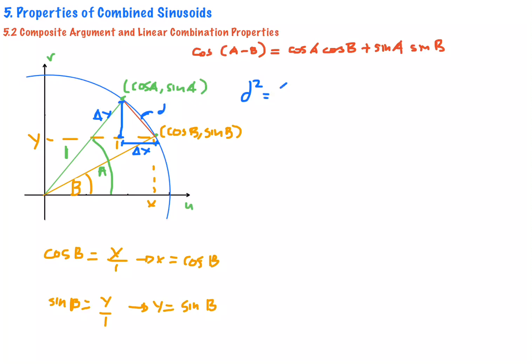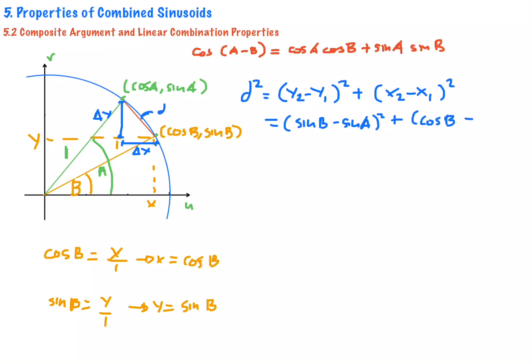So we'll have d squared equal to (y2 minus y1) squared plus (x2 minus x1) squared. Over here, y2 is sin B, minus sin A, squared, plus x2 is cos B, and then subtract cos A, squared. And then let's expand it without the parentheses. We'll have sin squared B minus 2 sin A sin B